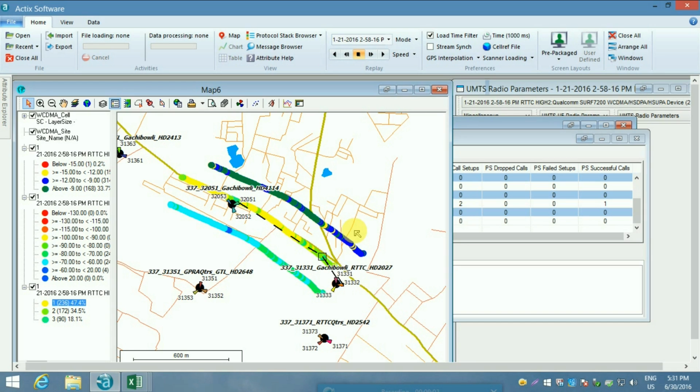If not, we need to change the azimuth or change the tilt and again do the drive test. Drive test is a progressive and continuous process. It can never be done in a single session. Actually, drive tests are conducted through multiple sessions.